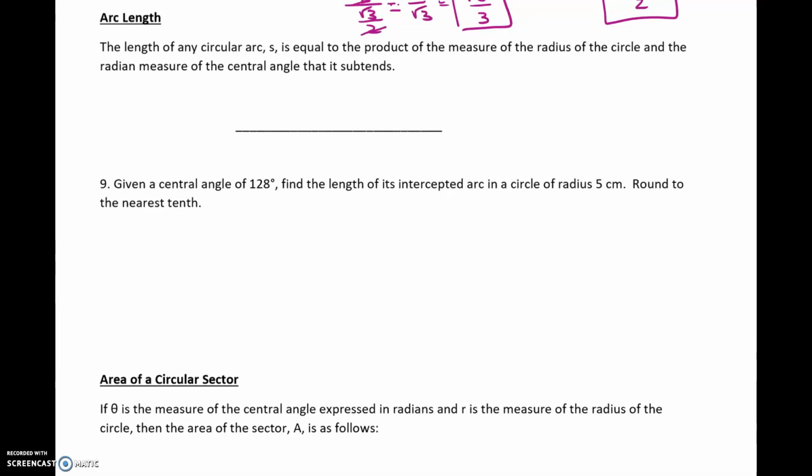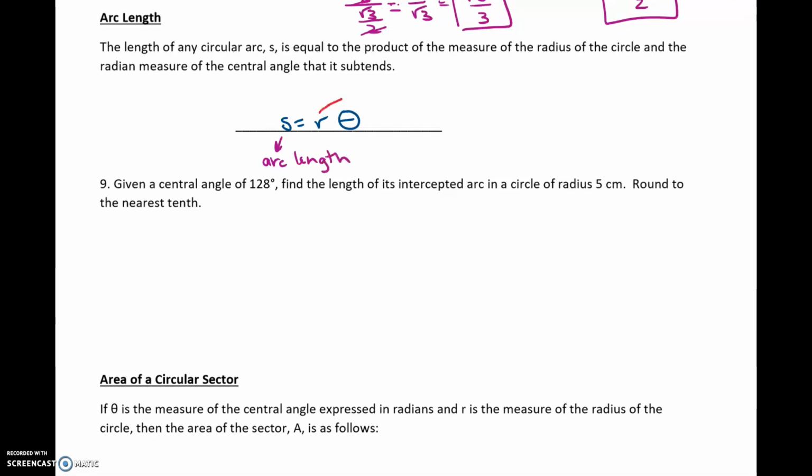All right, we're going to finish the notes, starting with the arc length. The length of any circular arc S is equal to the product of the measure of the radius of the circle and the radian measure of the central angle that it subtends. Therefore, our formula for arc length is going to be S equals R theta, where S represents my arc length,